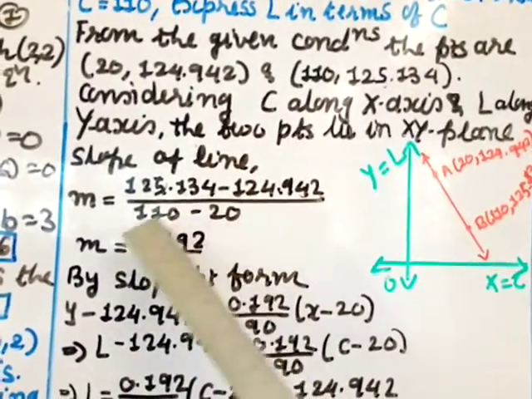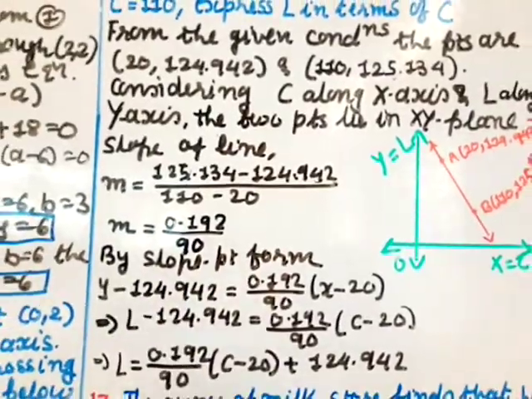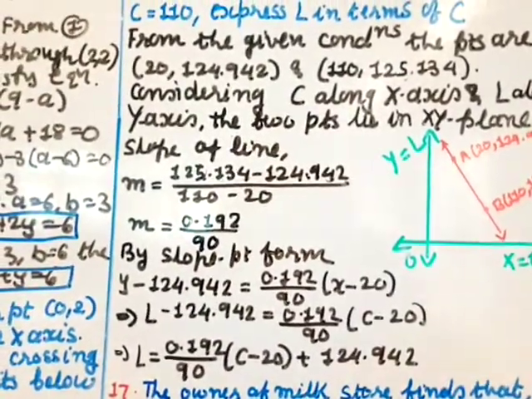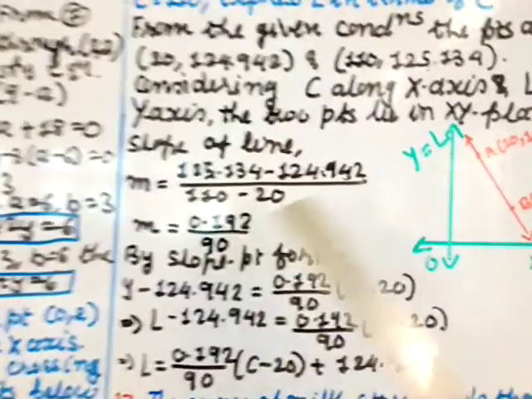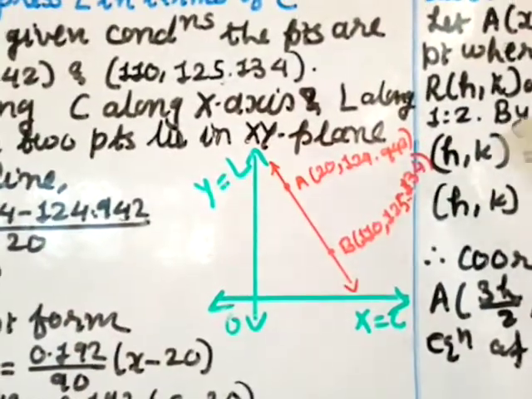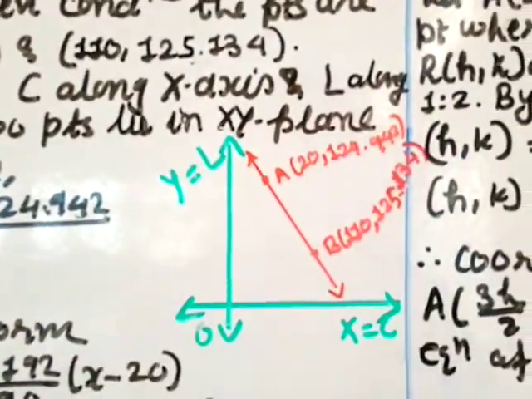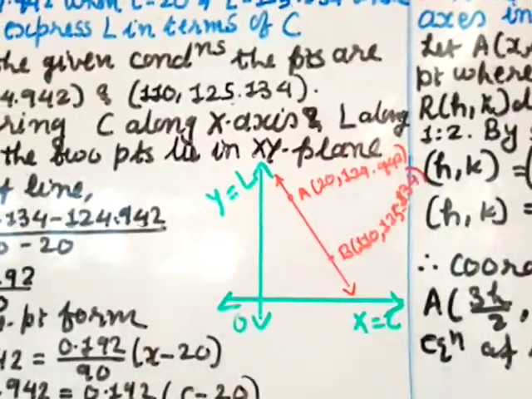192 divided by this difference is 90. Now you have to find the equation. So first, slope is there and you can take one of the points. You can also use the two-point form of the equation of a line. Okay, I am just using the slope and point form. So I take this one as x0, y0, and m is given.